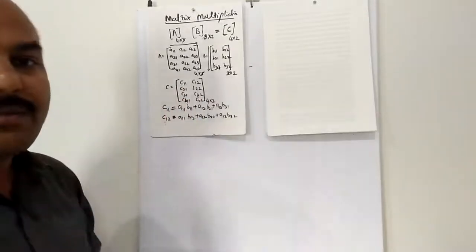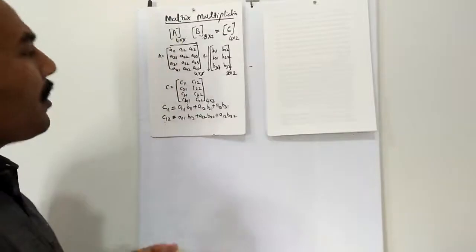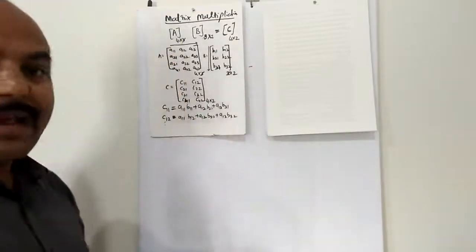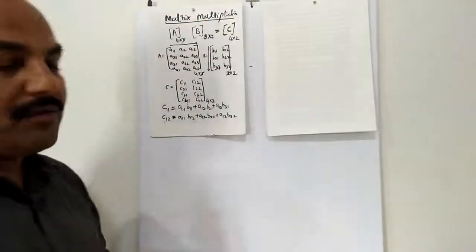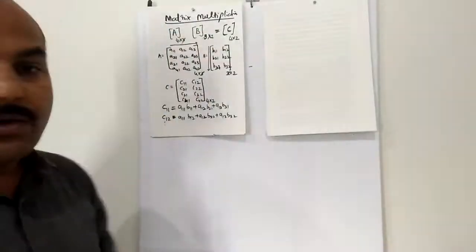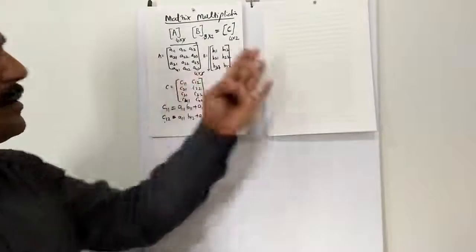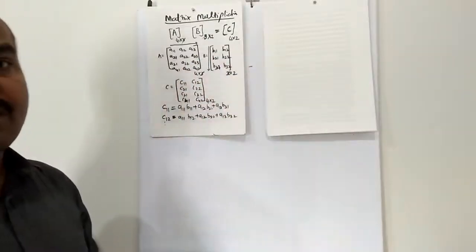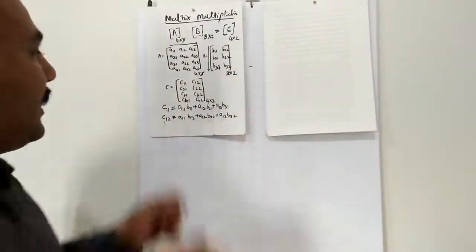In order to do matrix multiplication, the number of columns of the first matrix A must be equal to the number of rows of the second matrix B. With this knowledge, we will go for the generation of the matrix notation for the symmetry elements. As I told, by the knowledge of matrices as well as the symmetry elements, we can derive the matrix notation for each and every symmetry operation.